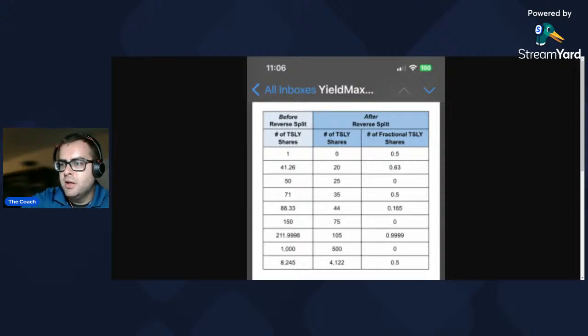211.99, here's a weird decimal, 0.9998: 105 whole shares, 0.9999 fractional shares. Look at that. That's like what our expense ratio is, right? Or that's like what our first Tesla dividend was. Wow. I'm telling you, irony is a cruel concept, isn't it? And if you had 1,000 shares, which some of us do, some of us have like 6 or 7,000, we're about to get cut for sure. But at least we can make videos about it.